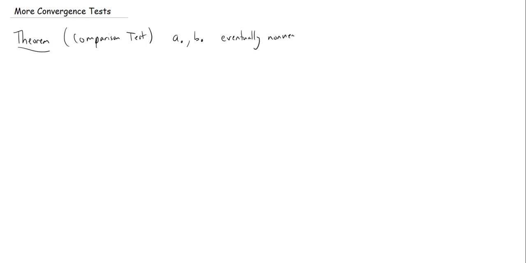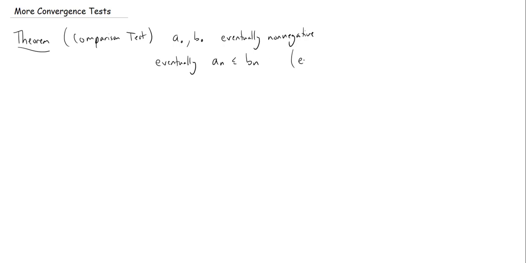Okay, it's okay if there's zero, that's fine, but we don't want them to ever be negative, at least in the tail. The other thing we're going to want is that eventually we want that the nth term of A is less than or equal to the nth term of B,